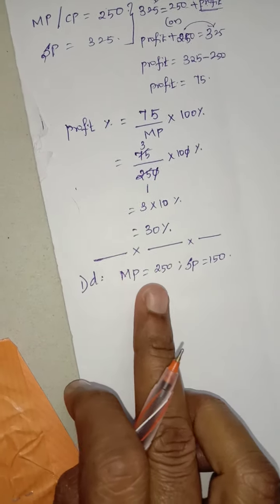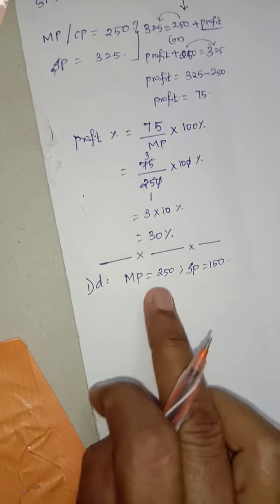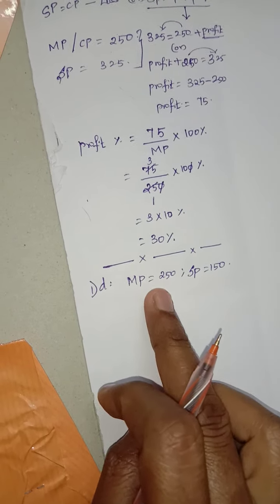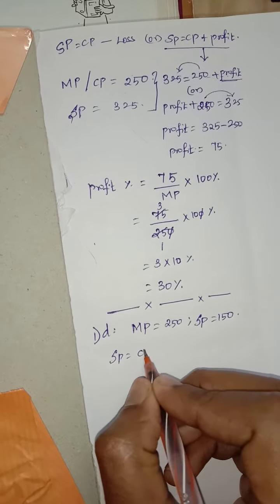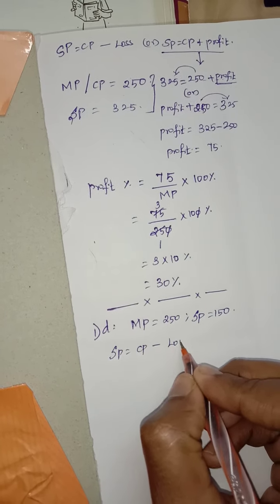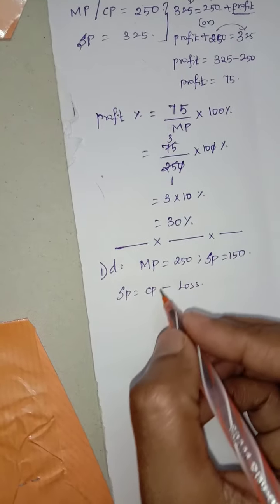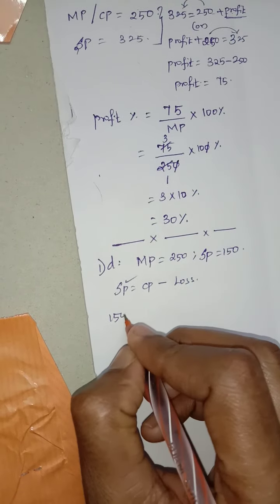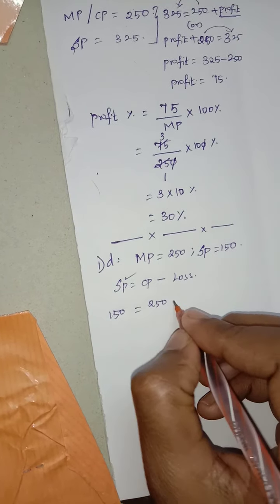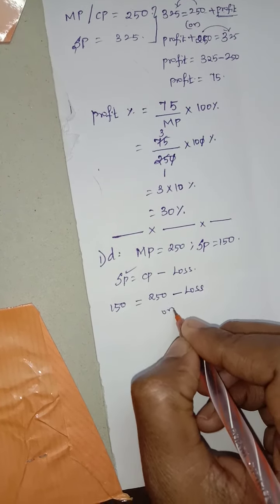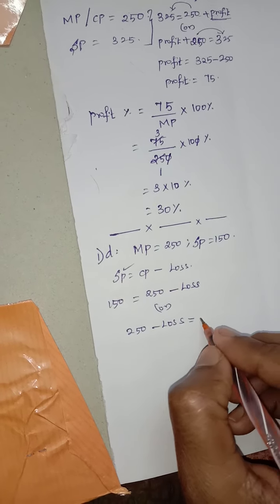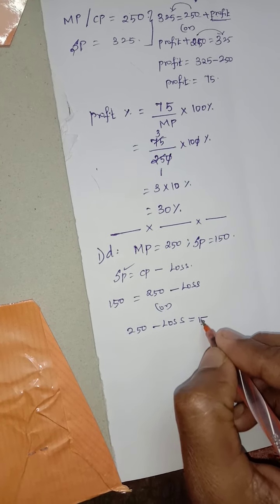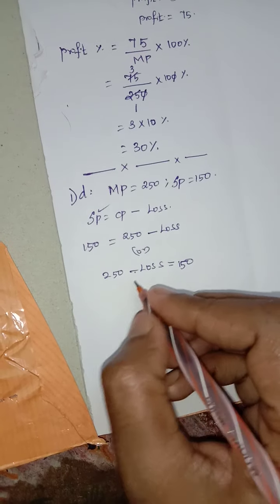See, compare this. நம்ம வாங்கினதை விட விற்றது கம்மியாக இருக்குது. So which means which one? Actually this denotes loss. So here we can use the loss formula. Selling price is equal to cost price or market price minus loss. First substitute here. This is 150 is equal to cost price, 250, minus loss. Or if you have confusion, write like this. So we want to find the loss alone.